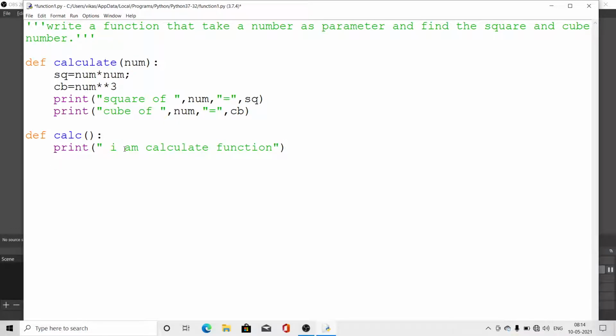So look here, if the function is not parameterized, I will give one note you have to keep in your mind.